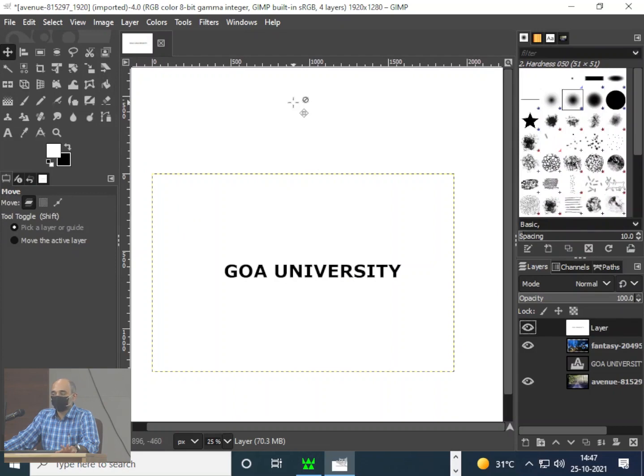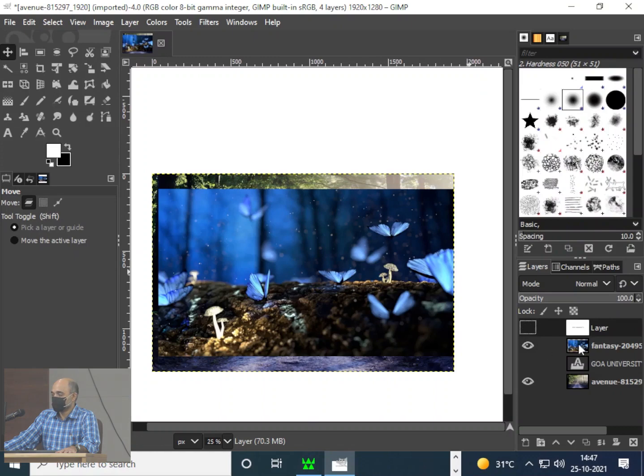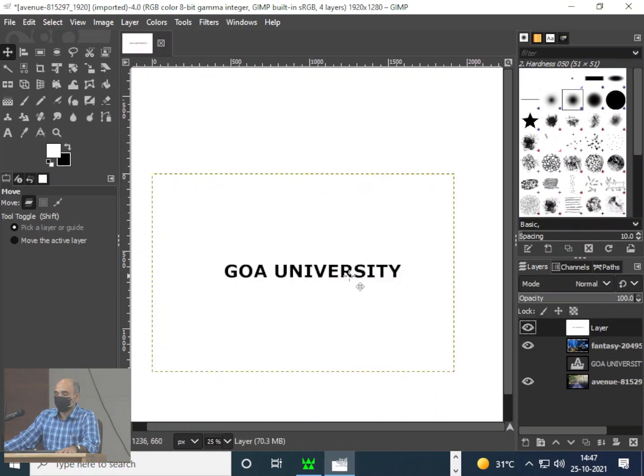But is this the right mask? It will depend upon what you want to do. In this case, what is going to happen? For this image, this is going to be transparent and the remaining thing will remain. Let us try doing it. Let us see what happens.